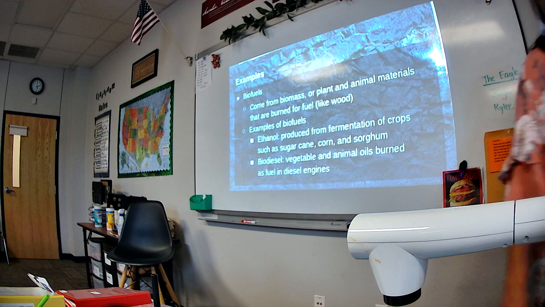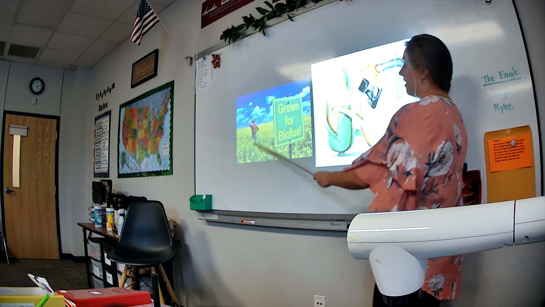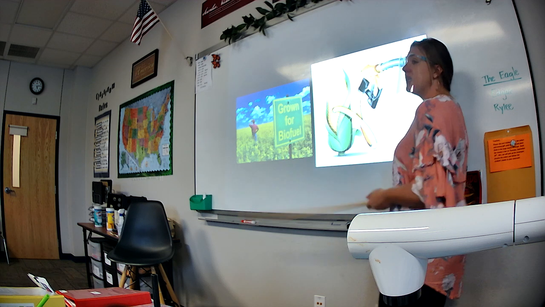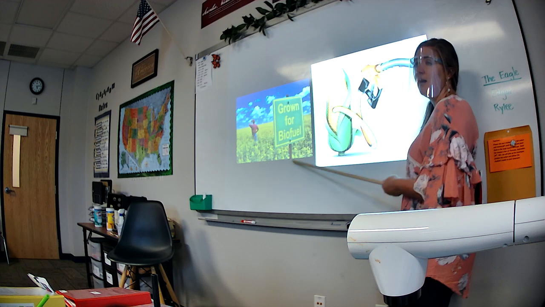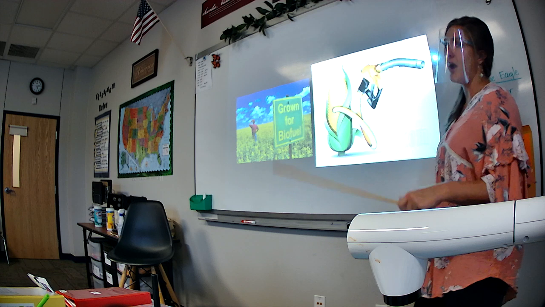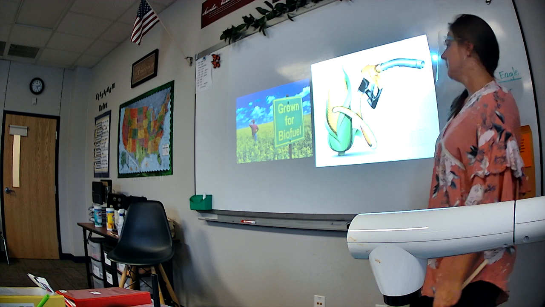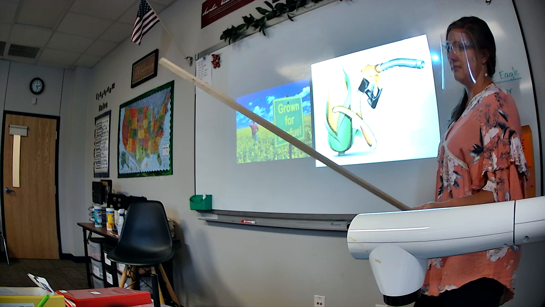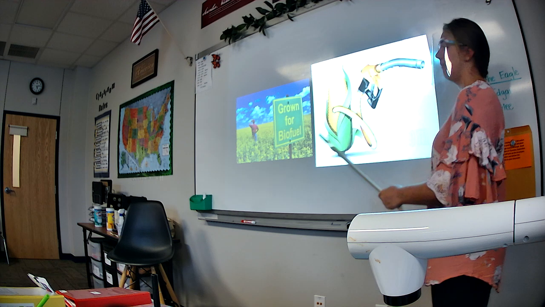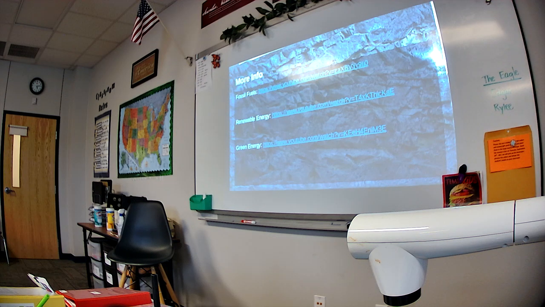Like in this picture here. Here we have a corn crop farmland, okay, that is being grown, or it looks like corn at least, specifically to be used for biofuel. I believe I read this somewhere, that you can even use plant or animal waste, like dung and poop. Kind of gross, but you can because it still has carbon in it. And then just a little clip art showing that you can get gas and things from plants. All right, let me show you this video, and then we'll get into